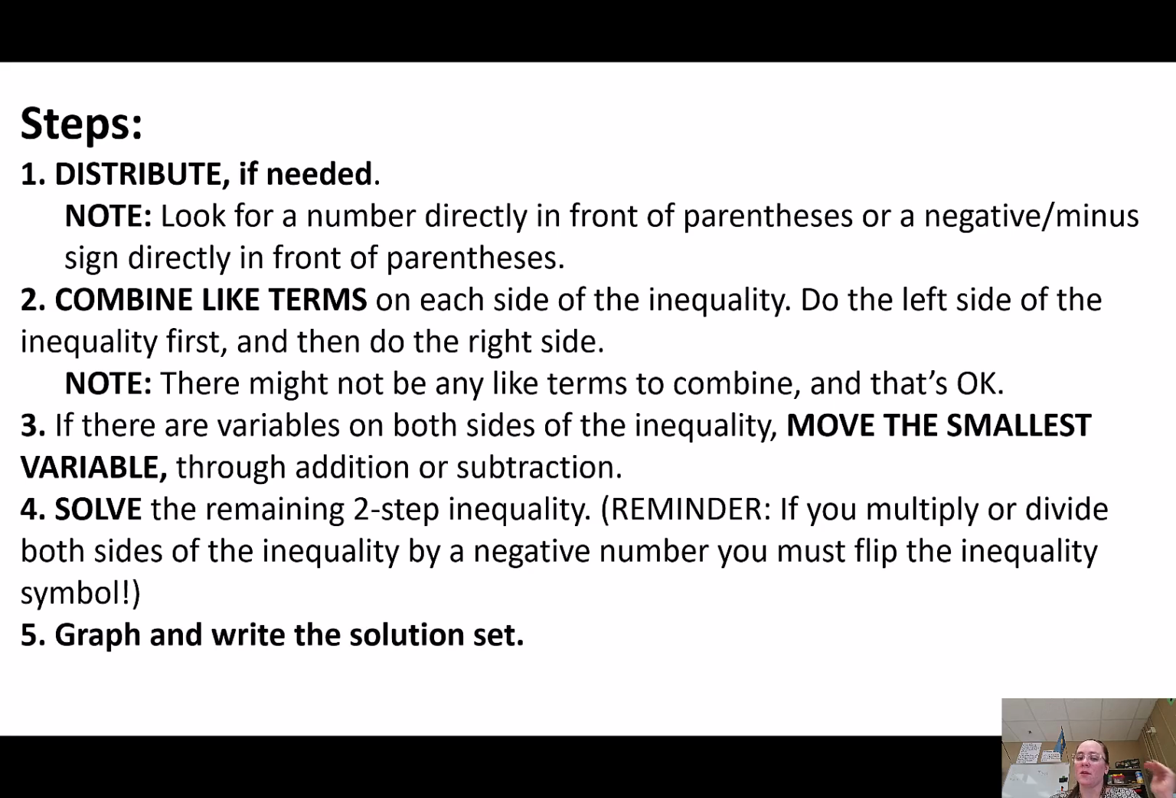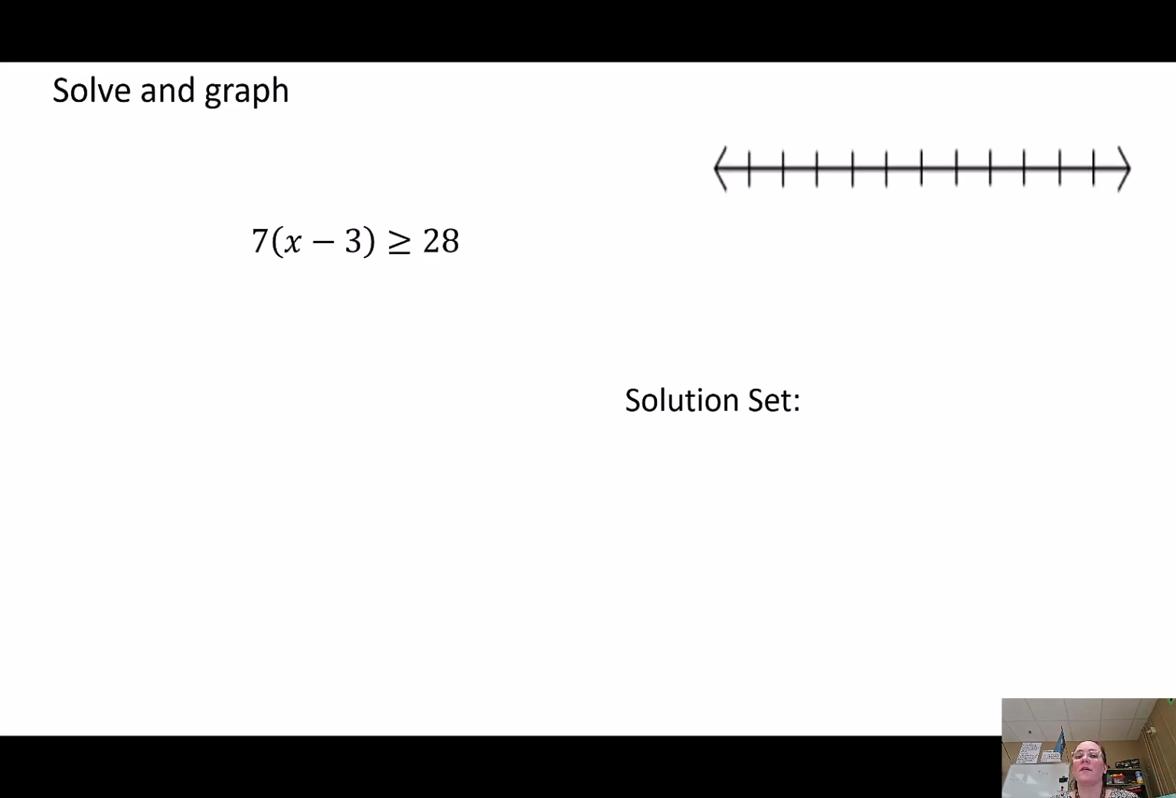Okay, so first thing I'm going to look at: do I have anything that I need to distribute on the left side of the inequality? In this case, yes, I need to multiply by 7. 7 times x is 7x. 7 times 3 is 21. We're not changing that minus sign. So we've got 7x minus 21